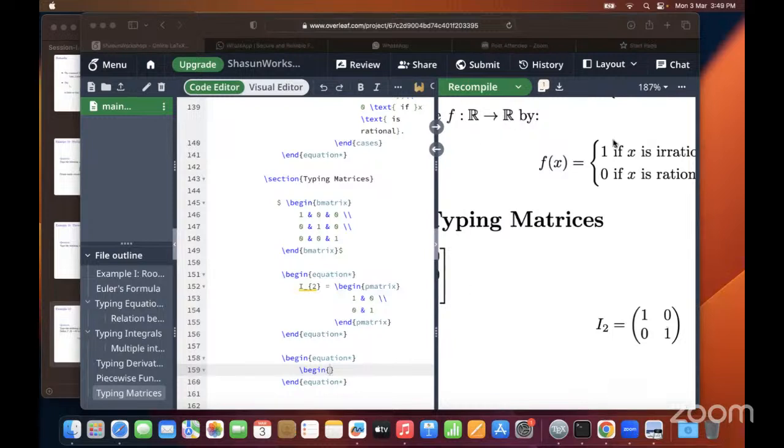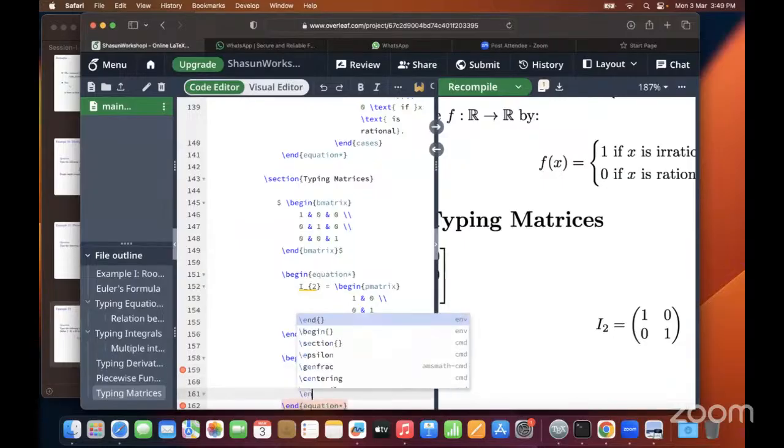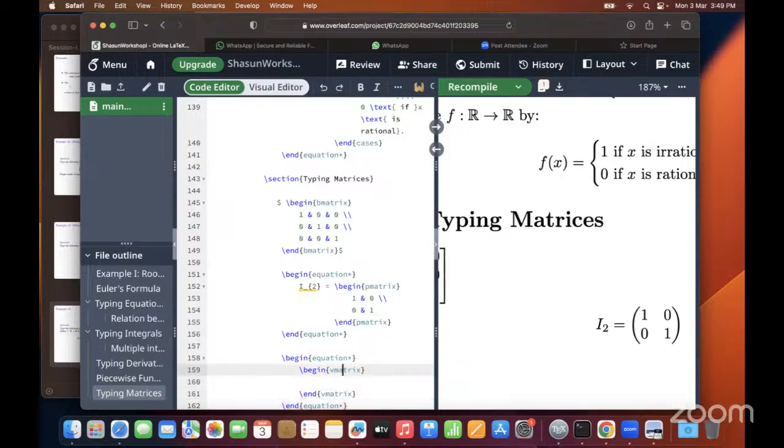So I'd request you to mute yourself. Okay. So let's see how to type a determinant. Here you just have to use vertical lines. And again, the command is what you expect it to be. vmatrix, V as in V for vertical. And so now, let's see, determinant of,